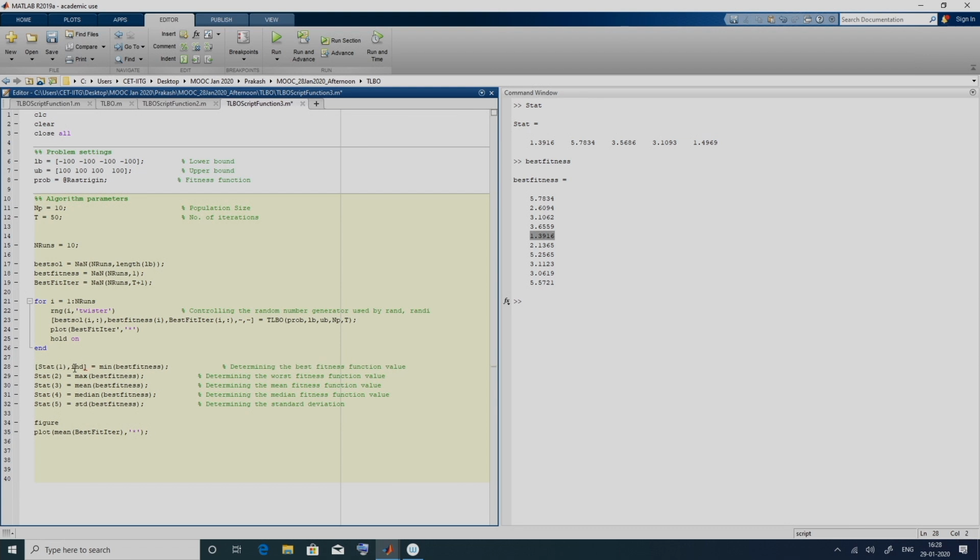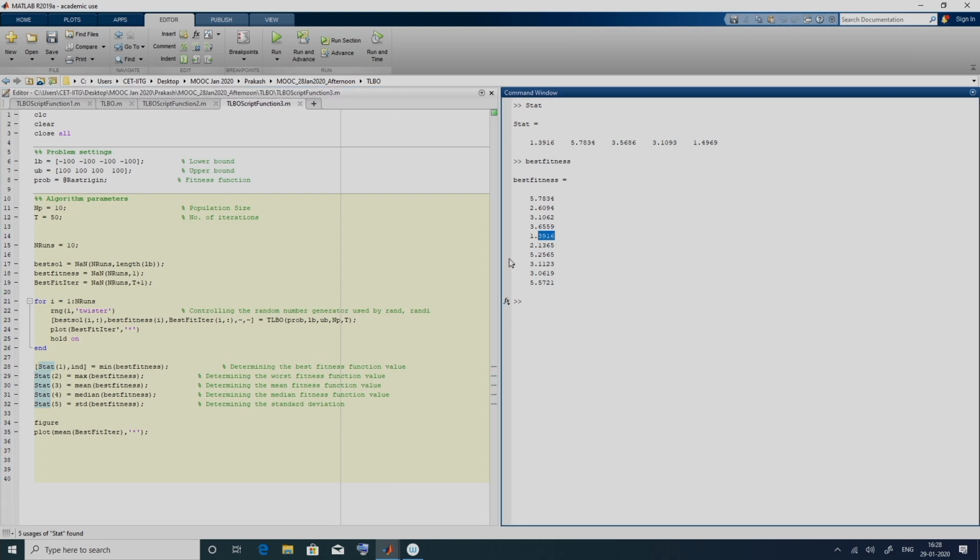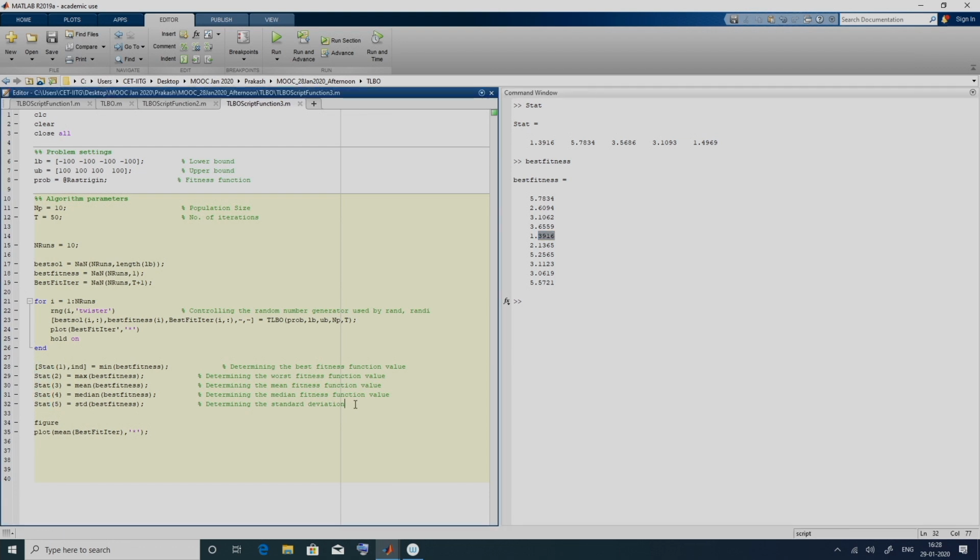IND will be the location. In this case it will return 5 because it is located in the fifth run, and the best solution we have saved here in best sol. We are interested in this row and all the columns.